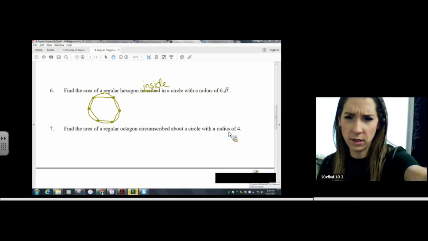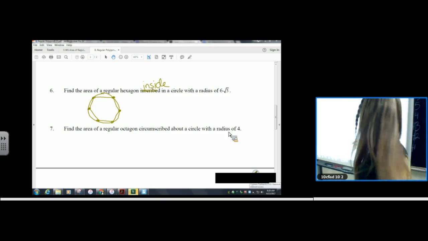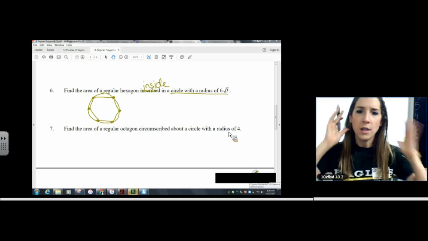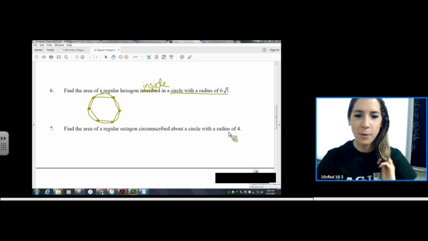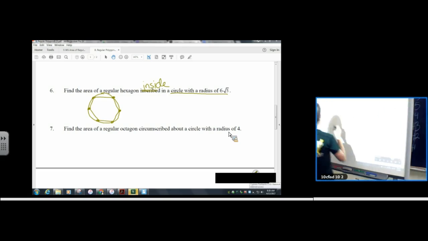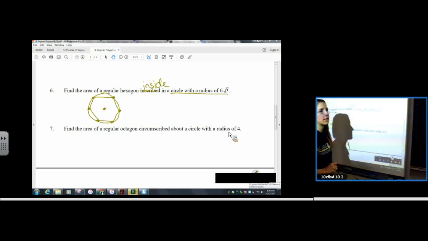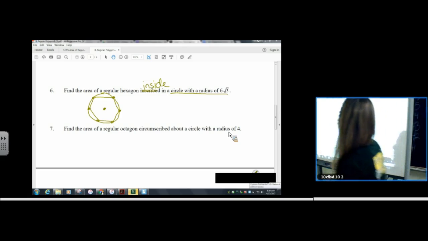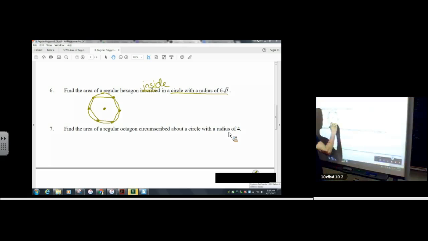Okay, so the circle, it's always the circle, by the way. You're like, who does the radius belong to? It's always the circle's radius. The circle has a radius of 6√3. So you have to decide, does the radius equal the radius, or does the radius equal the apothem? And in this example, we want to draw a radius that will touch both our circle and our polygon. So we would draw this radius right here,